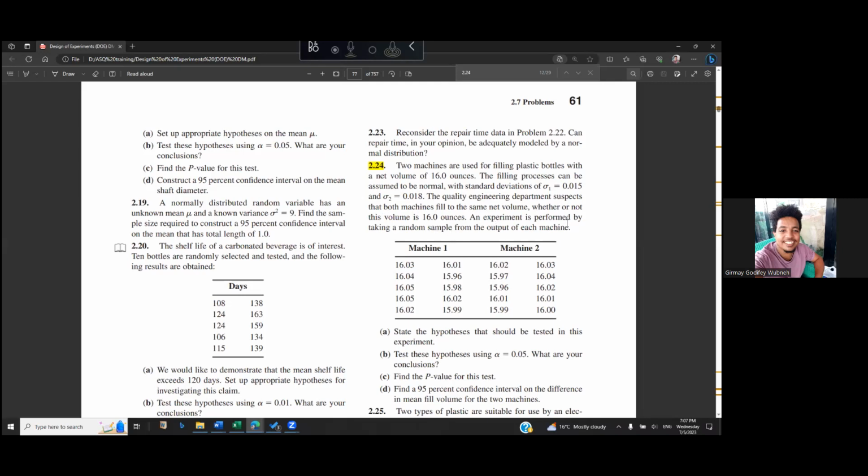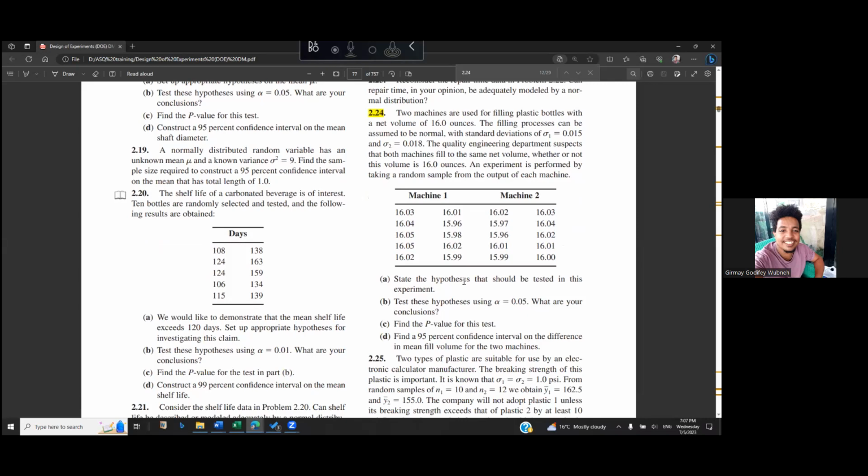An experiment is performed by taking a random sample from the output of each machine. The hypothesis that should be tested in this experiment is